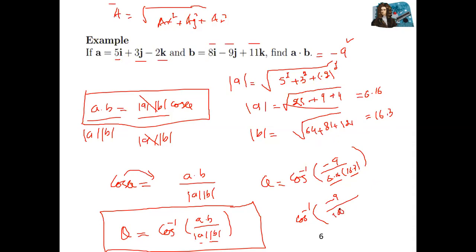So minus 9 divided by this one. So find out, you will receive the angle. It's around 95 degrees. Around 95 degrees is the angle between these two. Clear? Which formula can we use? We can use the formula for finding the angle between these two vectors, which are dot products. So angle is equal to cosine inverse A dot B divided by A magnitude and B magnitude.